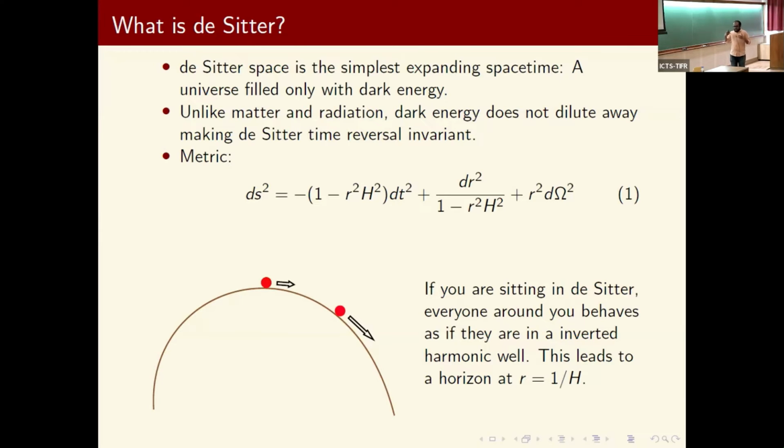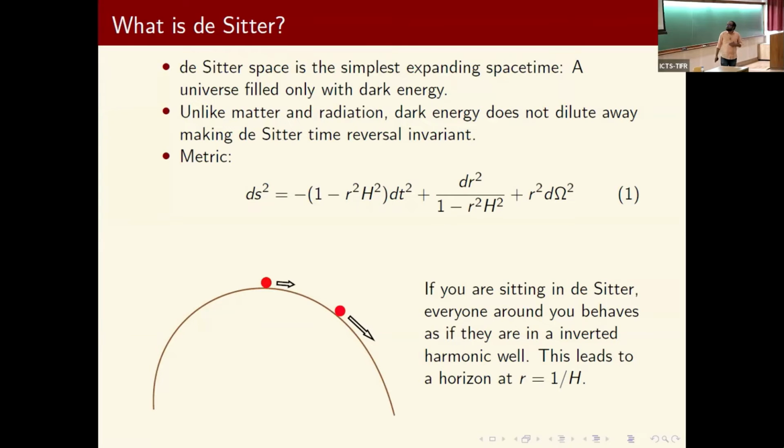when you have dark energy. Now, if you're sitting in a dark energy dominated universe, everything around you behaves as if it's in an inverted potential well. That is, because it's expanding, everything farther and farther away from you will go further away from you at faster and faster rates the farther they are. So if they are closer by, they are going away from you at some rate, but if they are farther than that, then they are going farther away from you at a faster rate. And so it is kind of like an inverted harmonic well. And what this gives rise to is this particular phenomenon where if something is really far away, the light coming from them to us, because the space in between is expanding, doesn't quite reach us all the time. And so the boundary beyond which no light can reach us is given by this horizon, which is at